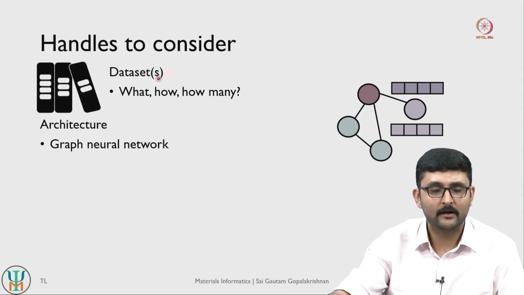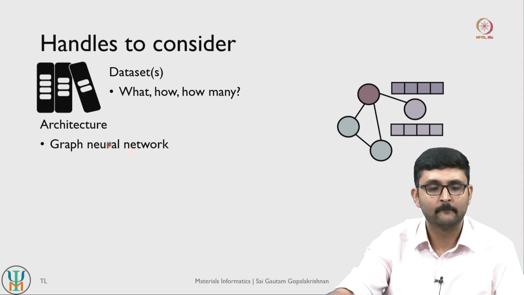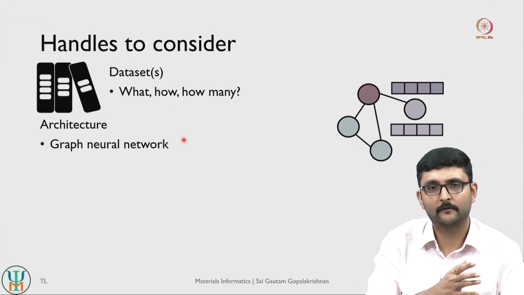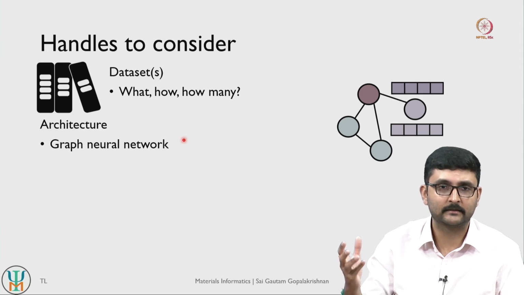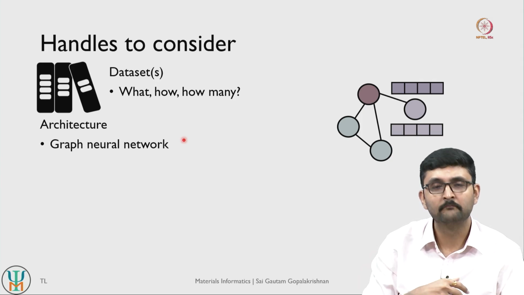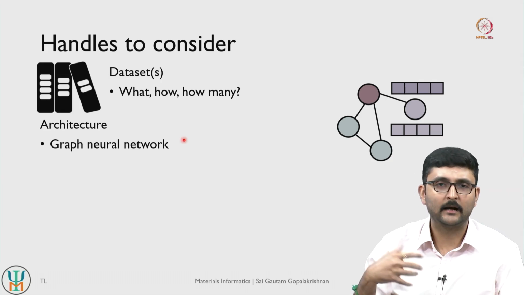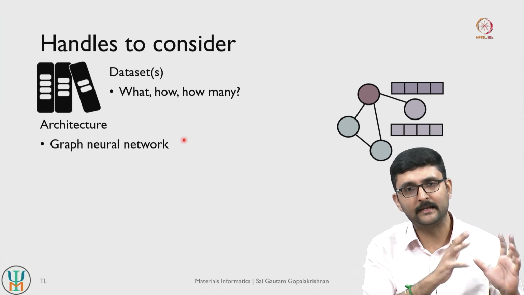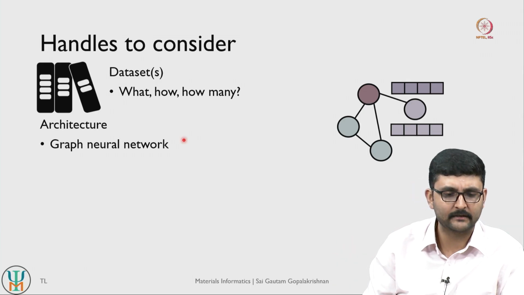The second thing is beyond data sets you also need to consider what kind of architecture you would use for a given transfer learning exercise. So we have talked about graph neural networks quite a bit in this course. So we introduced them in the first module of the course as an intuitive way to model crystal structures, right, and in the previous lectures we also looked at how graph networks are useful in machine learned interatomic potentials, right. So even in the field of transfer learning where we are interested in structure property relations, graph neural networks provide us an obvious architecture because we can represent any given structure in the form of a graph, right. So we will take graph neural networks as our architecture.